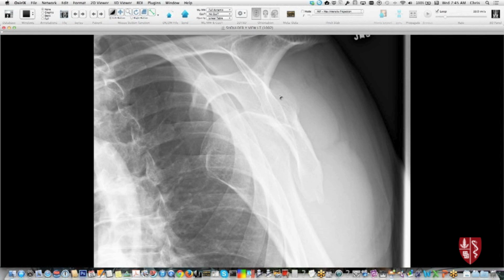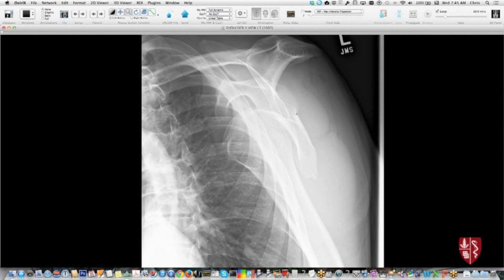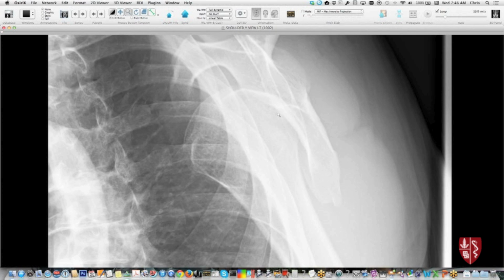Here's a different patient, actually. So can you tell in this one what direction the dislocation is? So again, the glenoid is here. Here's scapular spine. Here's coracoid. And obviously the chest is all here. So this is another anterior-inferior dislocation of the humeral head. This also shows what happens with the humerus when this happens,